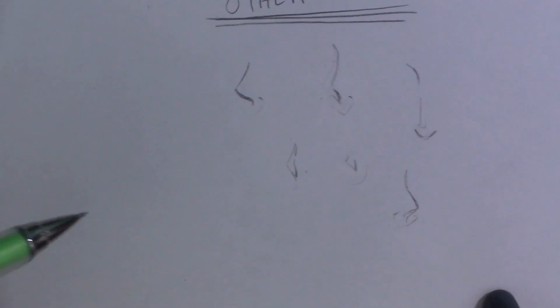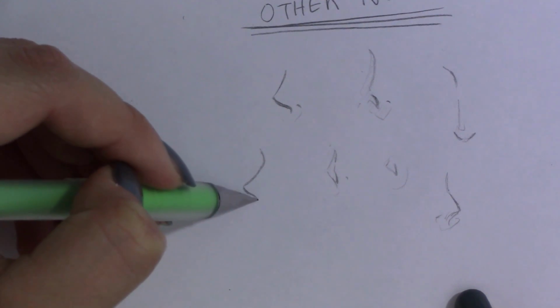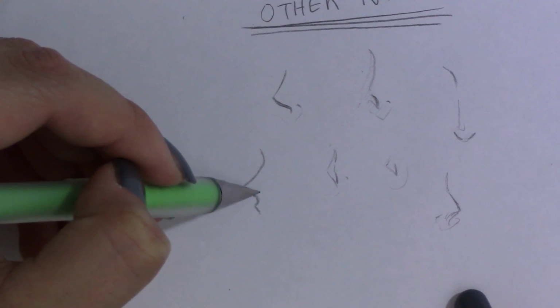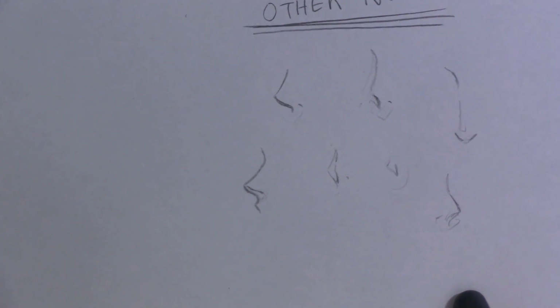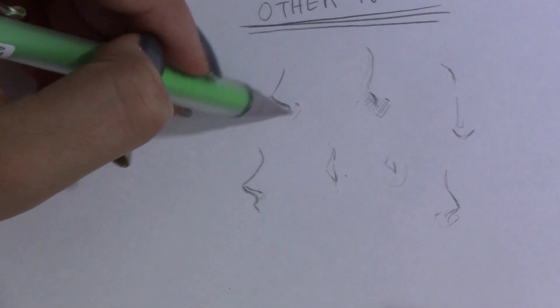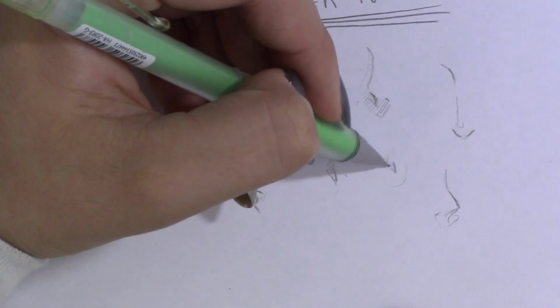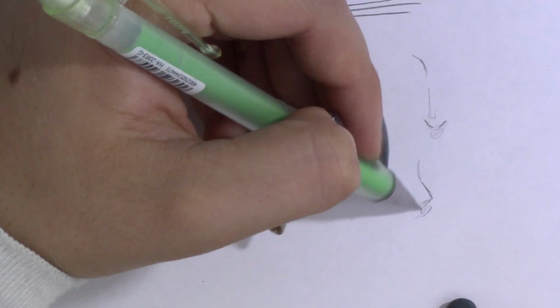and then a profile nose. Honestly, for me, when I was first drawing, profile noses were the hardest for me because I would either do them really big or it didn't make sense to me. It just looked weird. So hopefully when I do a side profile drawing video or something like that, it will make more sense with what I struggled with, and then hopefully you guys can avoid the mistakes that I made. But yeah, so here are some different types of noses,